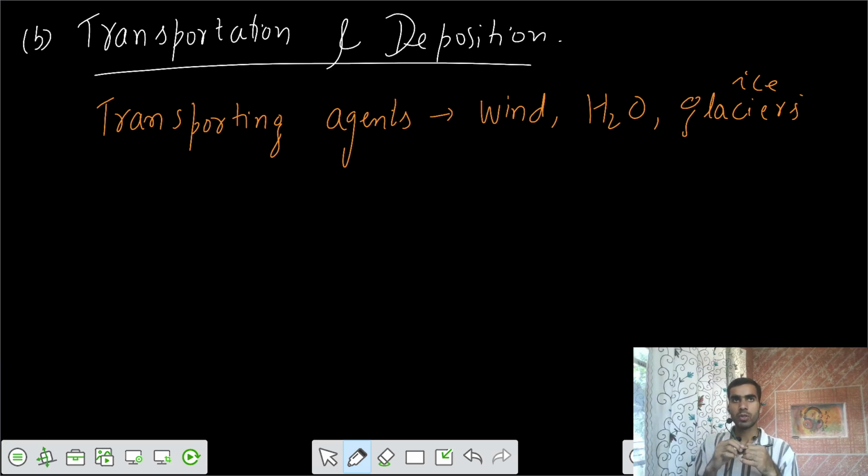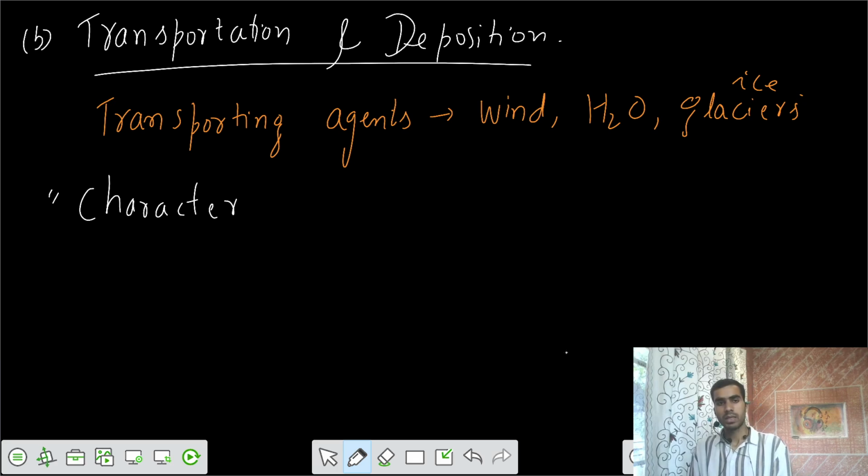When there is transportation, there might be a change in the structure of the material, change in the shape, change in the character of the material. So the character of the particle is influenced by the transporting agent. Based on the agent, your particle is going to be influenced. So I can write that character of the particle that's going to be formed,